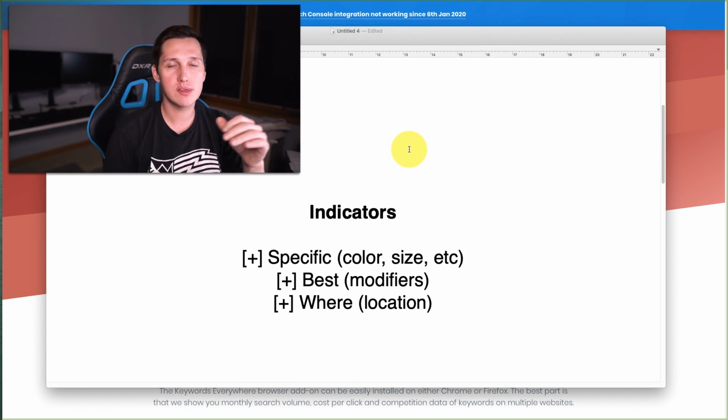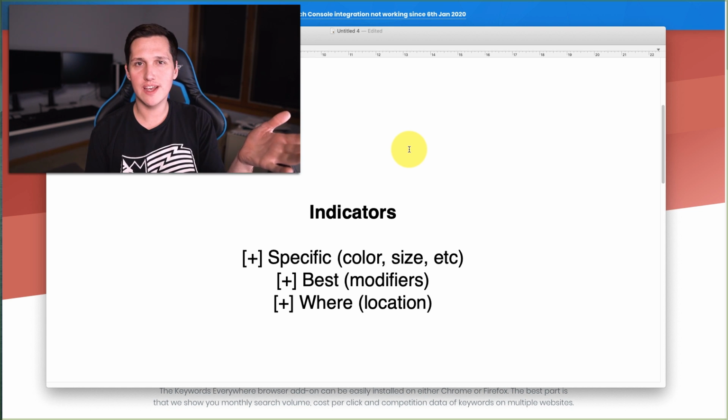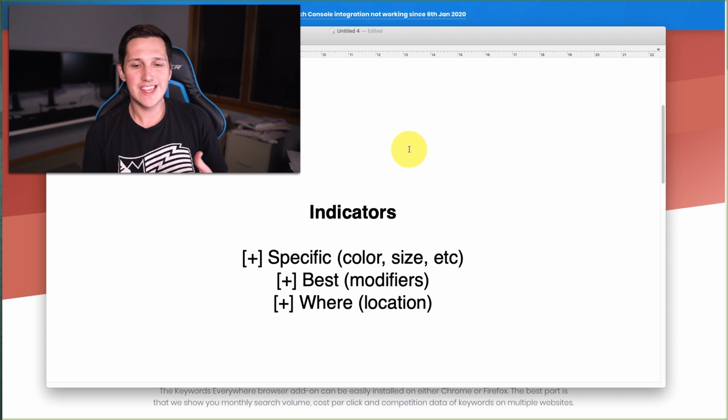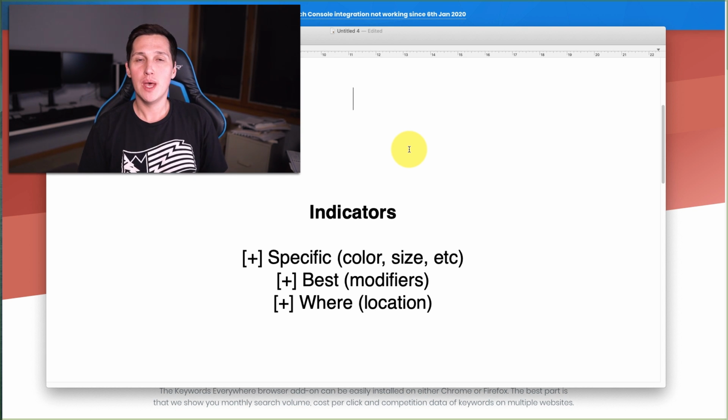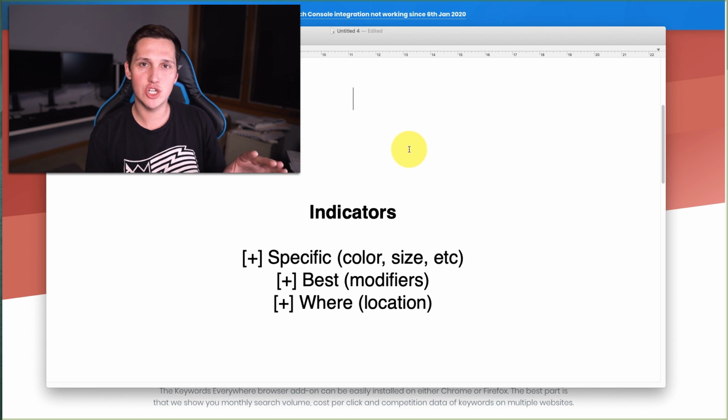So one of the first things I'll say is when it comes to keywords, you wanna look for keywords that have what's called commercial intent or buying intent. And especially when it comes to affiliate marketing, because we wanna find people who are actually serious about purchasing. If you find people who are too early in their journey of researching, they're probably not going to buy right away, and it could take a lot of follow-up. It might work if you get them on like an email list and you continue to educate them, but they're further away from actually convincing them to buy. They're kind of at the initial phase.